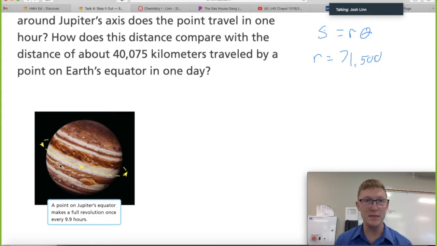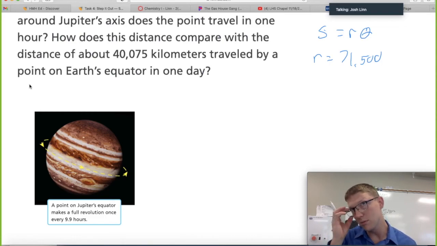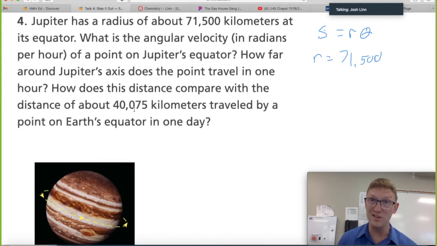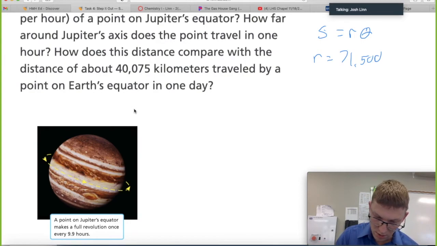So let's figure out the distance that this point on the equator would travel in a full revolution, and then we can use that speed to figure out the rest of it. Or velocity, if you will. Well, I think it would be speed in this case. Anyway, so our theta is going to be all the way around, so 360 degrees or 2 pi. They want it in radians, so we're going to stick with radians. So our S we want to solve for is equal to